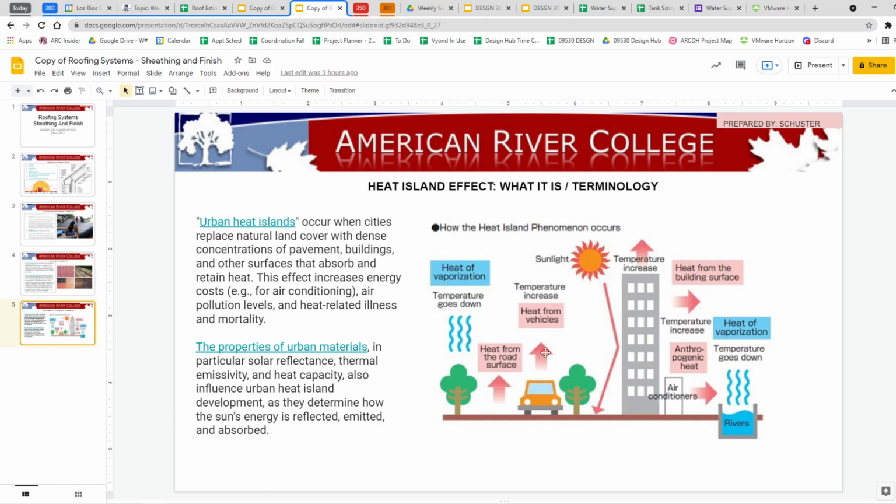And then finally, we've got the heat island effect: heat from the roads, heat from the vehicles, heat evaporation that goes down the more trees you've got. Big buildings, temperature increases, heating from the building surfaces. Anthropogenic, I don't even know what anthropogenic means. Asphalt. So these are things that contribute to the heat island effect. I have a feeling anthropogenic must have something to do with,